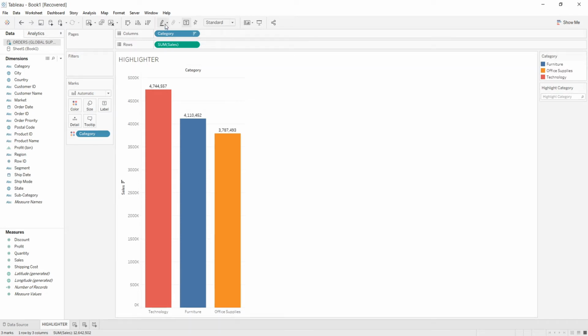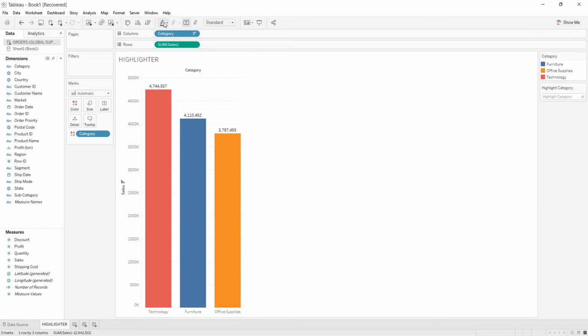So this highlighter that is present on the toolbar has many more features. When clicking over this, we have the option that we can see the data regarding all the fields together. That is, the highlighting would be done on behalf of all the fields, on behalf of date and time, and on behalf of only one attribute, that is category.